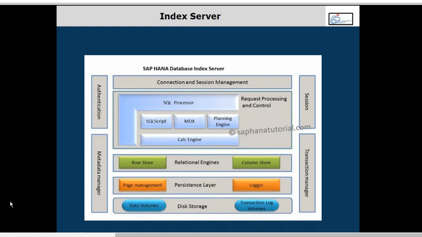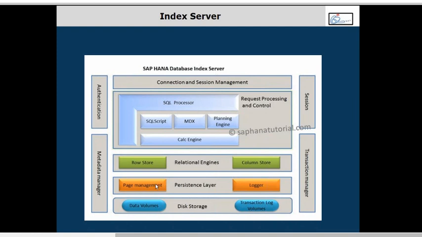But till this part of it, the index server, it will be in main memory. When I say disk storage, what is it? There's hard disk. Now look at this. You'll have two disk storages. One is called the data volume and one is called the log volume. Two hard disks you will have. The data volume is actually holding the complete database in the hard disk, and the log volume will have all the logs. I'll tell you what the log is going to be here.